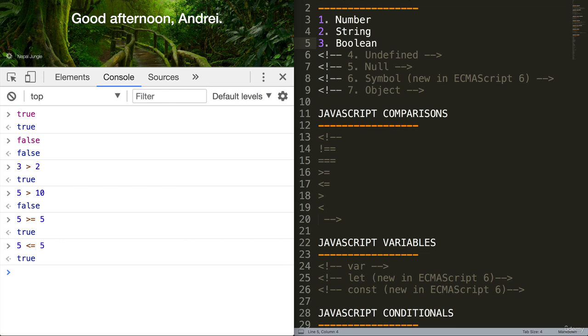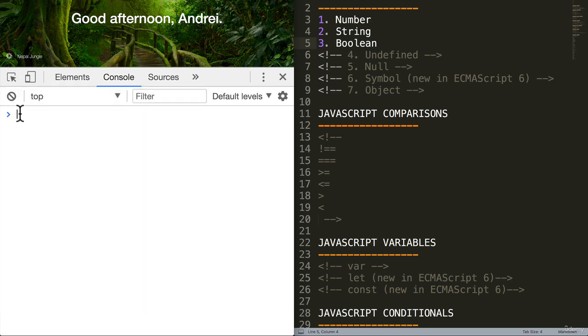Now, what if I want to say, does 3 equal 3? I get an error. Why is that? Well, because in JavaScript, if you want to say something is equal to something, you have to say 3 equals sign 3. And I get true. And in the next video, I'll tell you why that's the case. It's very, very interesting. But for now, just remember that's always a tricky point that a lot of beginners get confused about. Just remember, if you're comparing two things, 3 equal